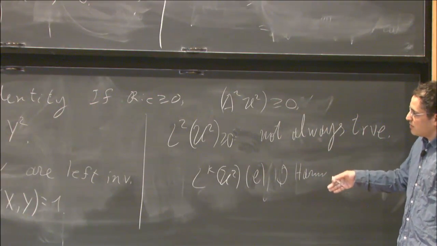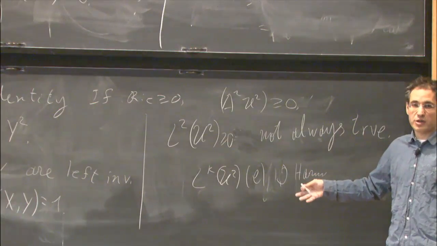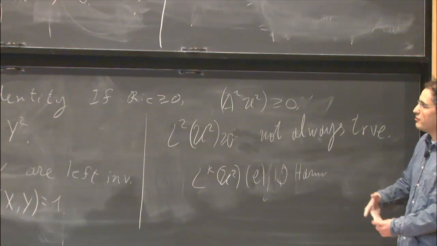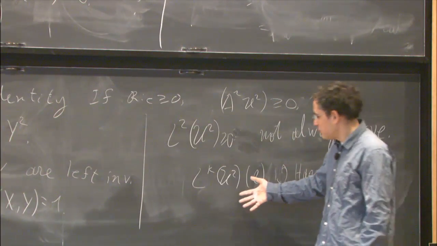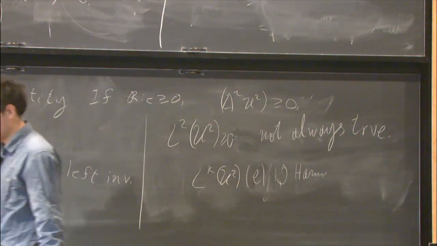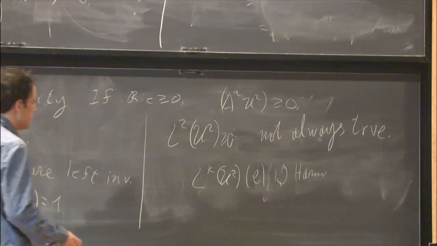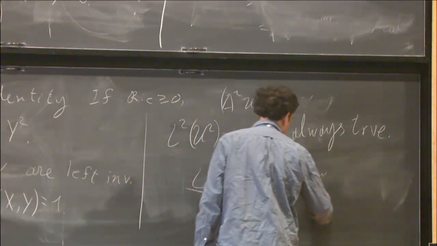So does this quadratic form retain some positivity properties? Can we discover from the properties of this quadratic form, for example, the step of nilpotency of the group? We don't know how to answer this question, but I would like to say that we do know